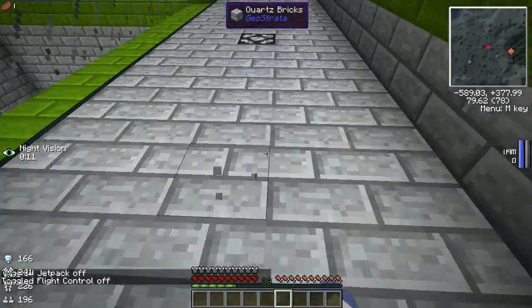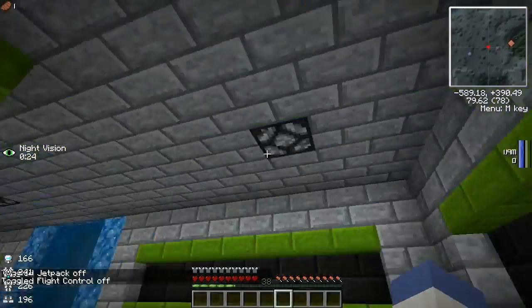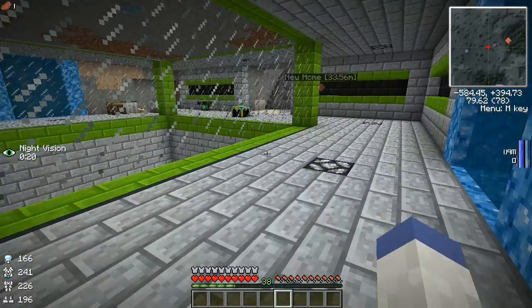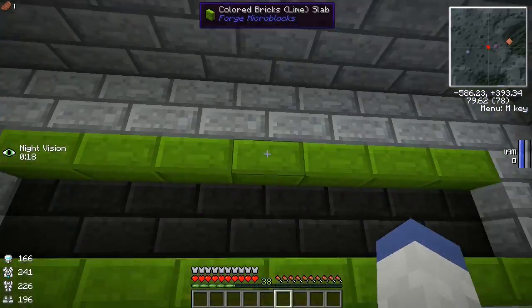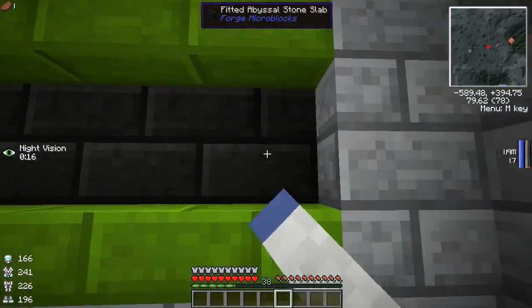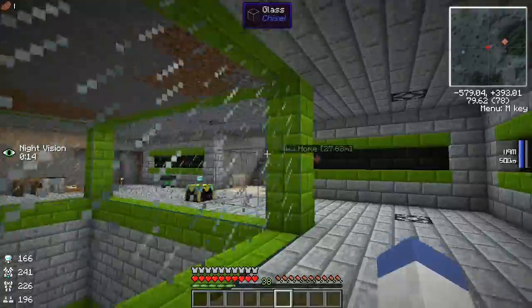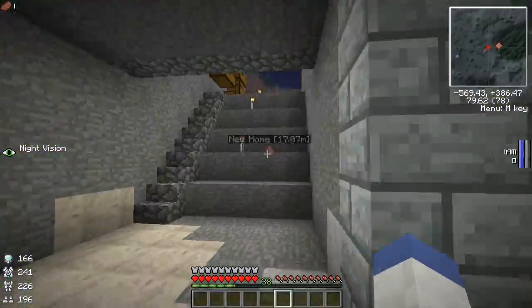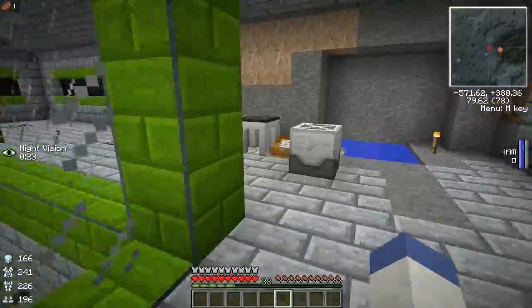We're using the quartz blocks as the bottom and the top. We're using the green slab blocks, these ones, cut up with the micro blocks. Same with the black back here, the abyssal stone. And then this is the design I chose. I haven't done up here yet. If we go down,